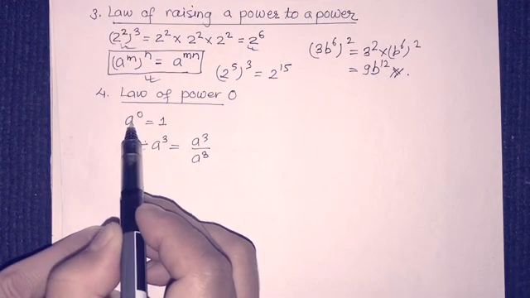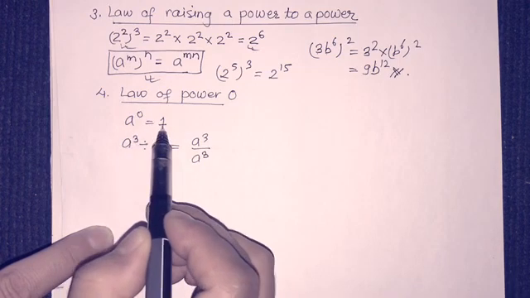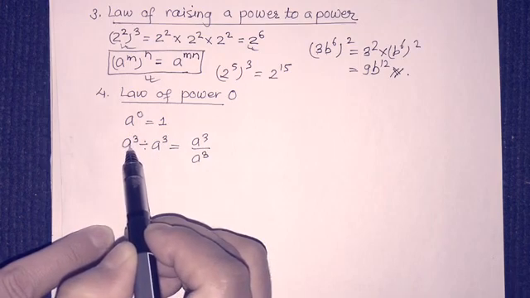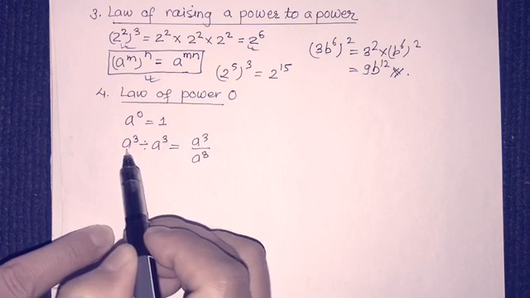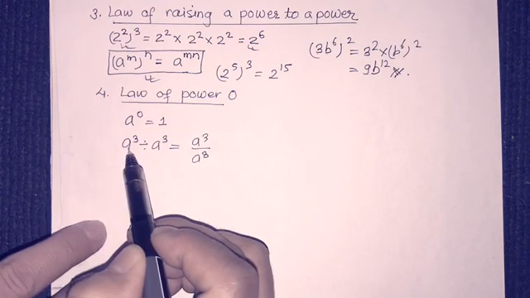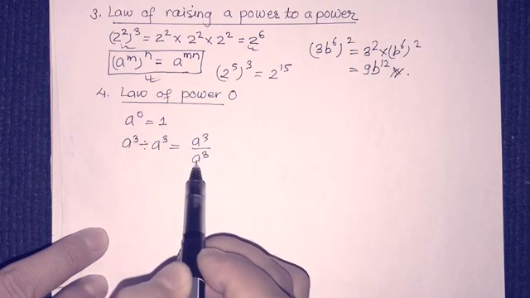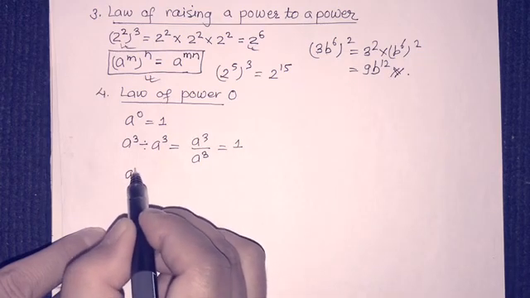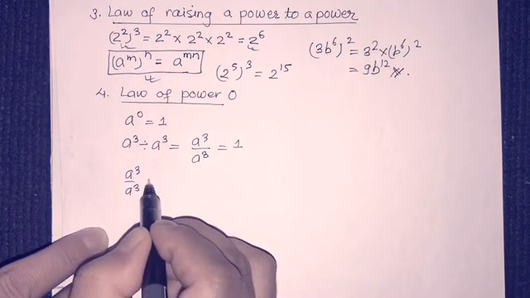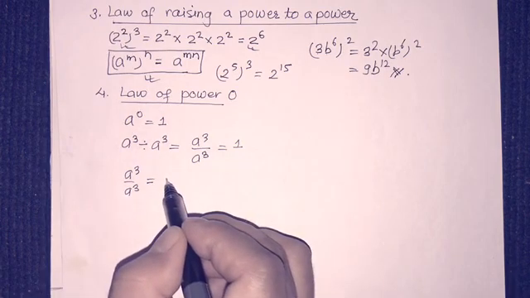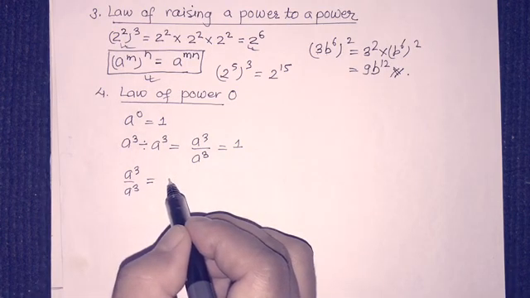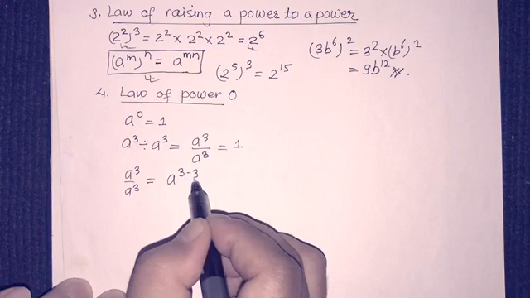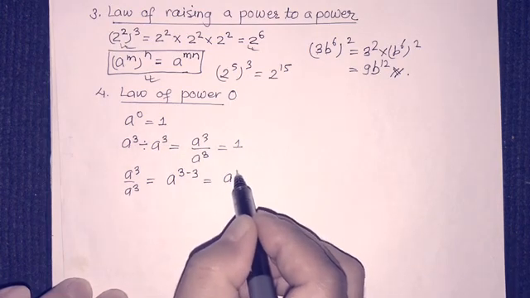Anything to power 0, anything to power 0 is 1. Okay, how is it? Let's prove it by taking the knowledge of fractions that we have. According to the knowledge of fractions, anything divided by itself is 1. Okay, again, let's use the law of dividing of indices that we have just learned. That is, we have to subtract this one, and we get here a 0.